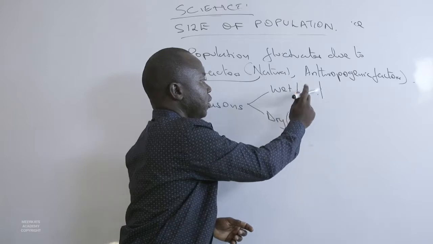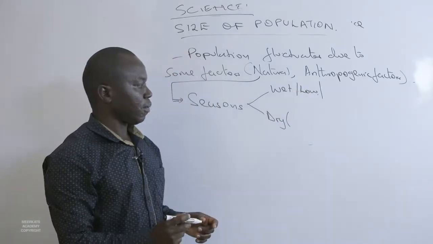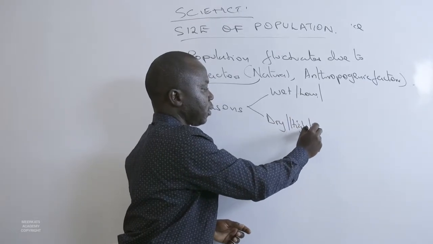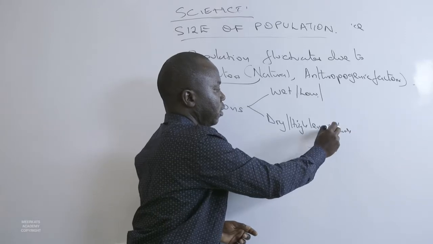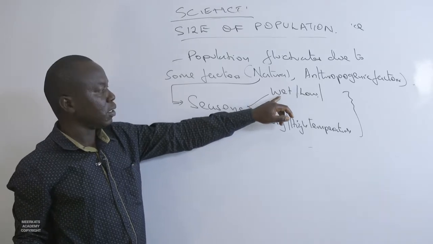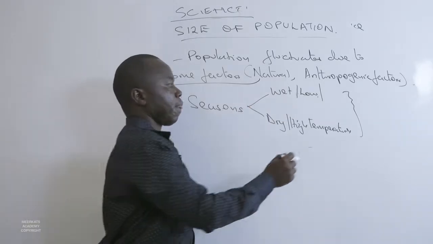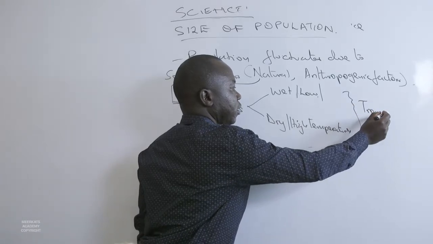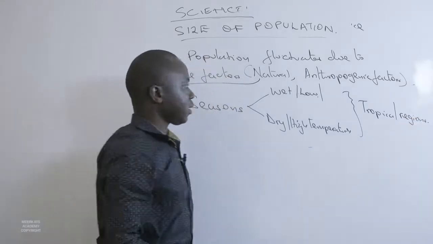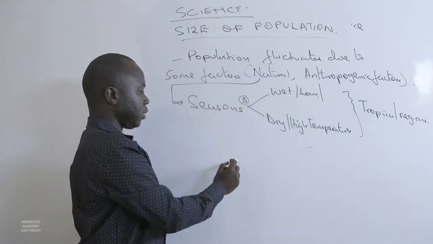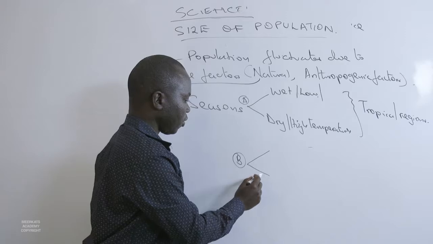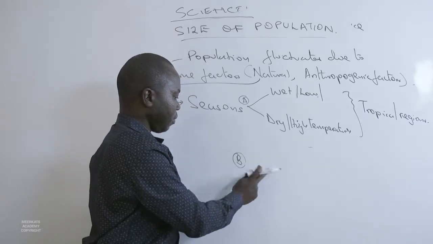This one comes with high temperatures. Now, this is common for the tropics, where the season could be divided into wet and dry, tropical regions. But in other cases, seasons could be four, like in Australia, where we have four